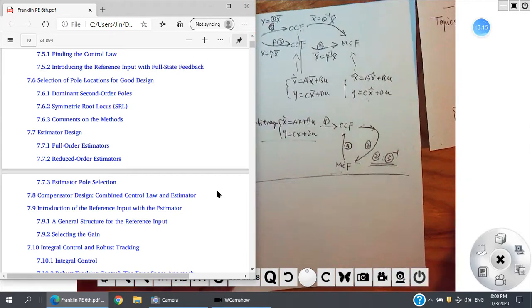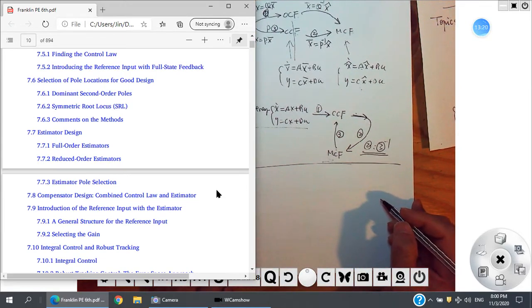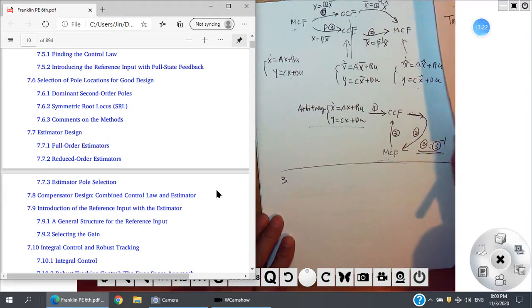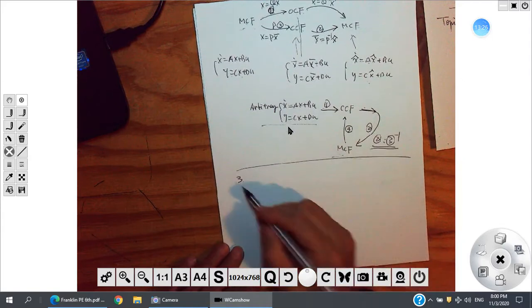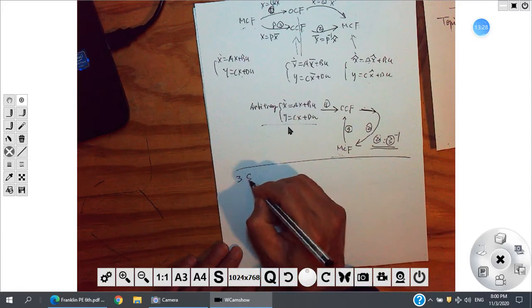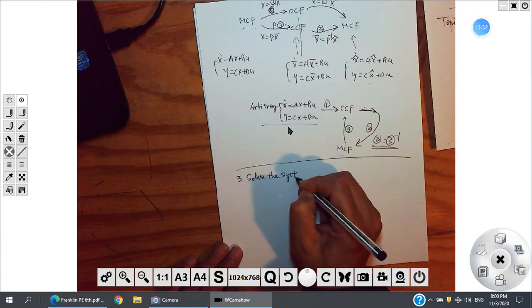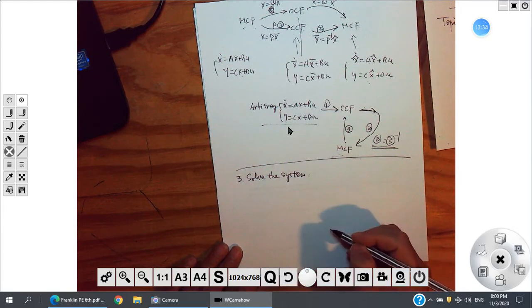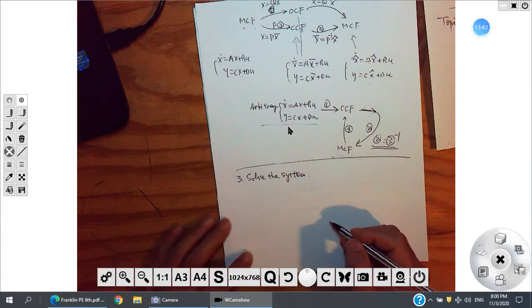Then the third one, we want to solve the system. Solve the system. I don't need this. Okay, I need to write this. Third one is solve the system. Suppose the input is given, then what are the state variables, state x, and what is y, right? So we have these